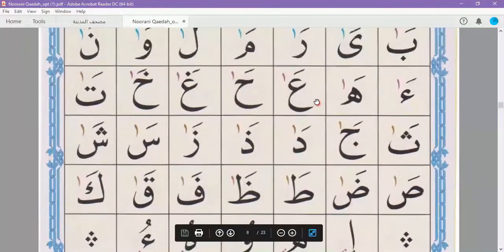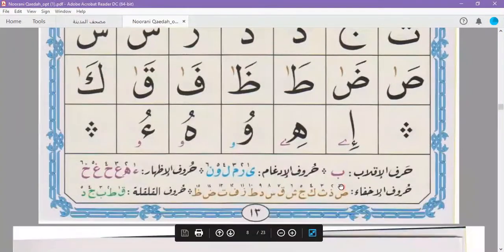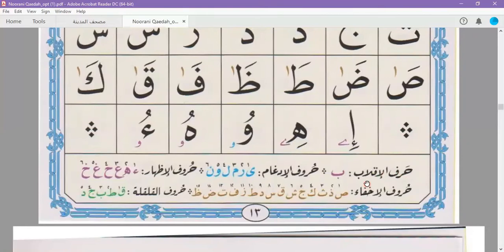Okay, so let's observe what's happening. Ba here is purple. It's called harful iqlab. Harful iqlab. Iqlab is a rule where you convert noon into a meem, and do ghunna for 2 beats, like